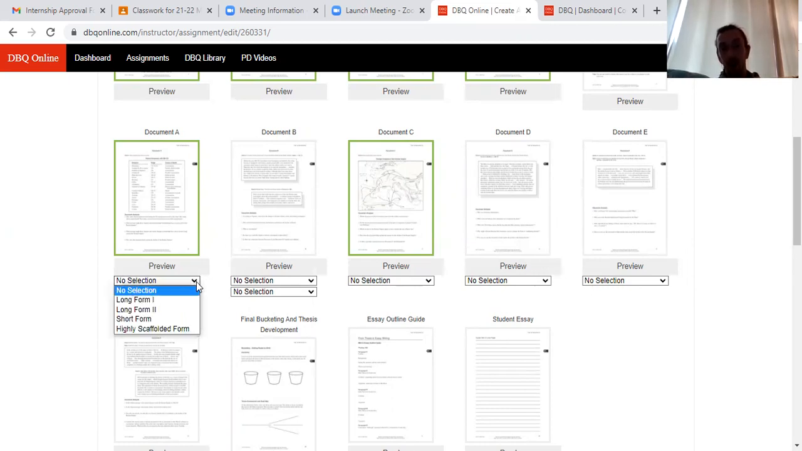This says long form 1, long form 2, short form, and highly scaffolded form. If you pick any of these, it will not change the view for the students. They're actually all the same. And I've